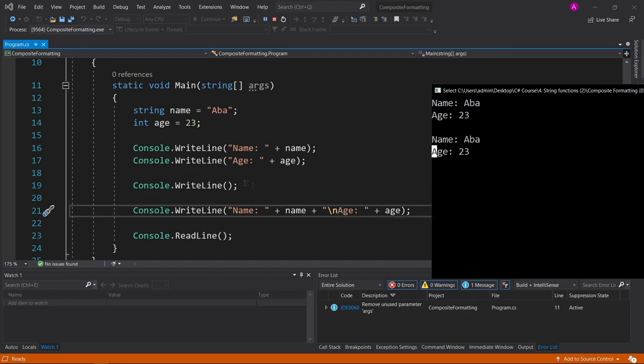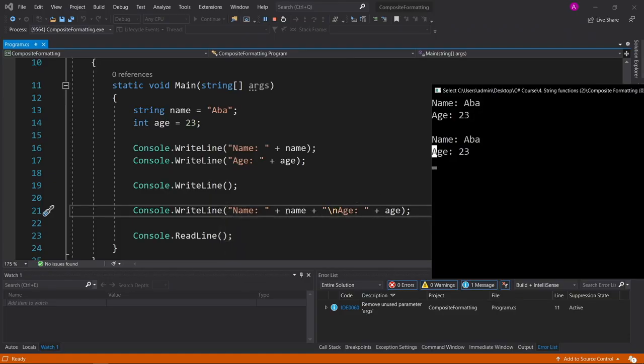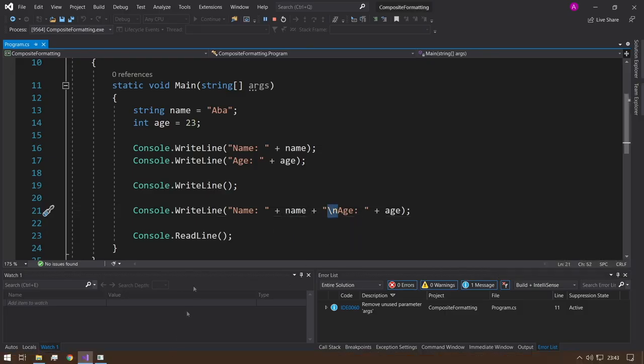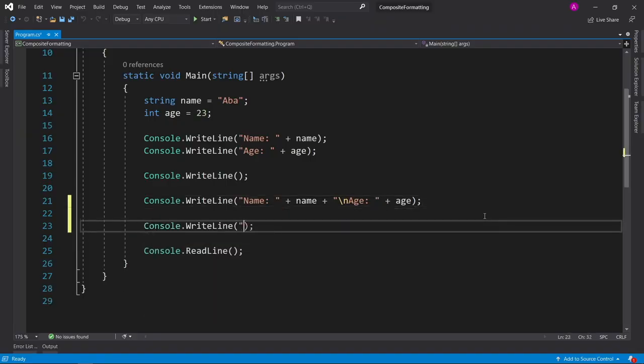So as you can see, since we're adding the name, followed by the name, and then the age, followed by the age, then it's getting a bit long and a little bit tedious. It's not too bad in this case because we're not really printing out a sentence, we're just going straight to another line. But let's see what this is going to look like if we start dealing with multiple bits of